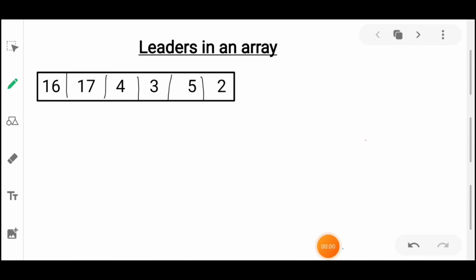Right? So in this approach, we'll scan the elements from right to left and we'll keep track of the maximum till now. Whenever our maximum changes its value, we'll print that value. At the very first, our maximum will be our last element. So we'll print that because I have clearly said that the last element will always be a leader because there is no right element to it. So we'll print that 2 and we'll iterate through the whole array.